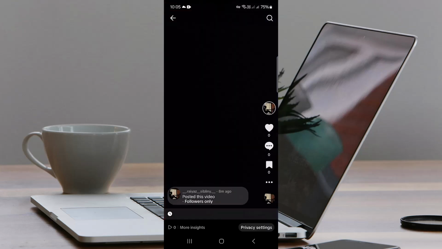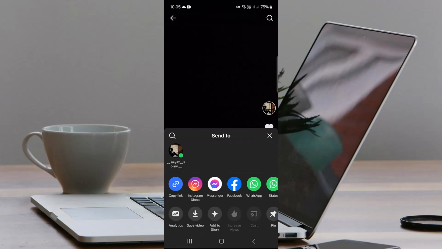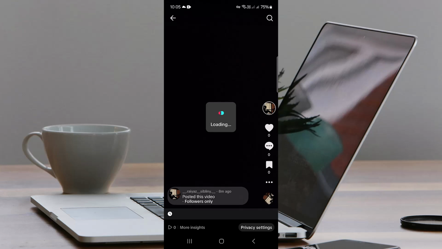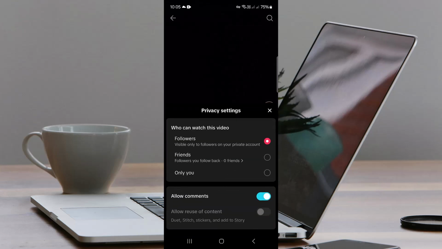Suppose I have posted this video. So I want to just change its privacy. I'll tap on the three dots icon on the lower right, and here if you scroll to the left you'll find the option of privacy settings and tap on it. And here, as you can see, it is currently selected to followers and it is visible only to followers on your private account, and we will change it to only you, and it will just private our video, the specific